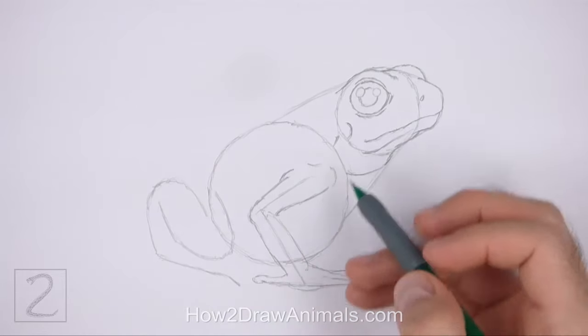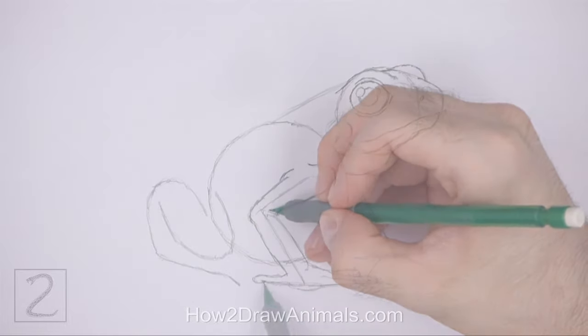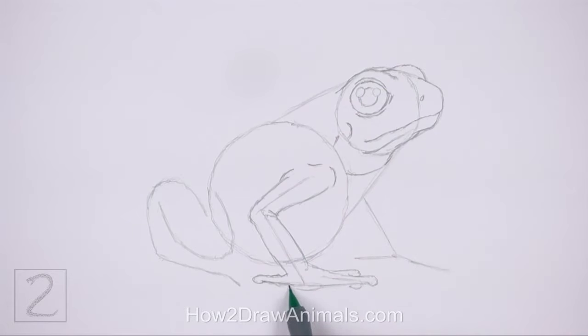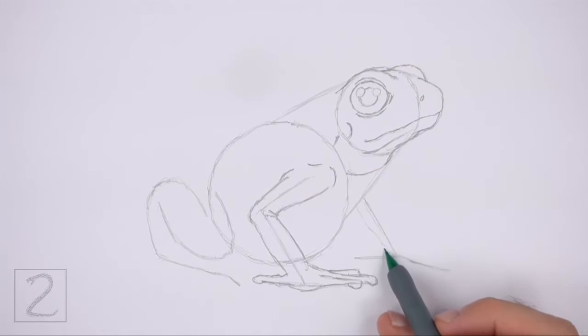Curve the lines to emphasize the muscle structure. The bottom part of the foot should be more curved than the initial guideline. The shapes of the toes at the front should block one another. Now use the lines that are on the right side of the body as guides to draw the other leg